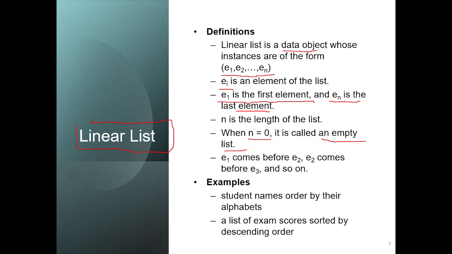Like at the bottom, we have the lowest value of the GPA. So we can order that list in descending order. So we can have different examples of a linear list. The closest data structure that you might have used